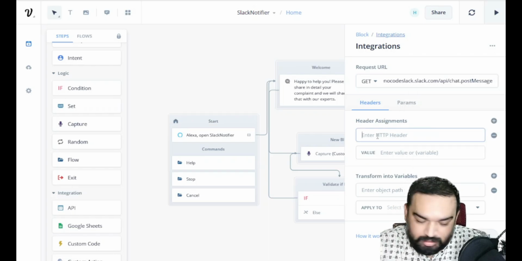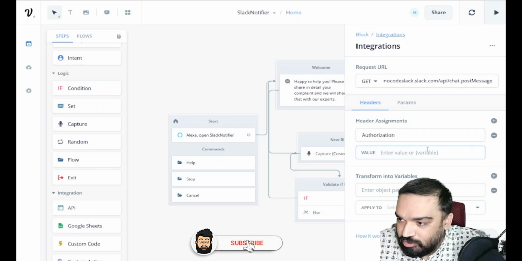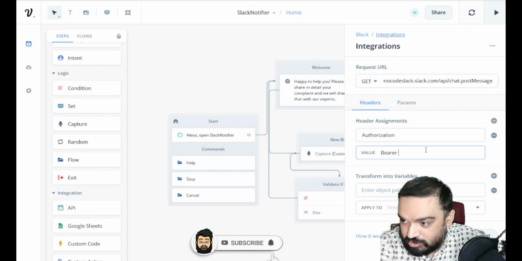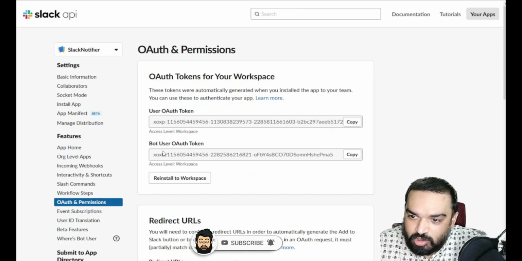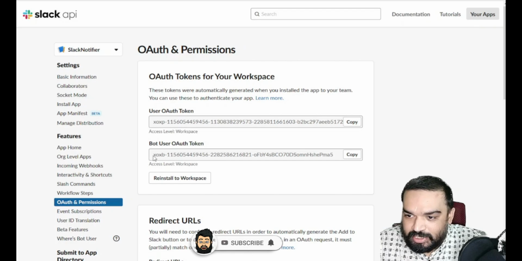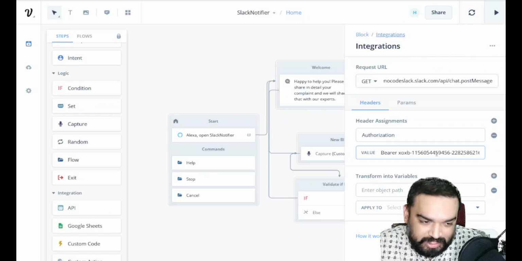And in header, enter authorization, and in value you have to start with entering bearer space, and now go back to the keys that you have and copy the second one. It has to be the workspace key XOXP, the bot user token key. Just copy it, head back to VoiceFlow, and paste it.